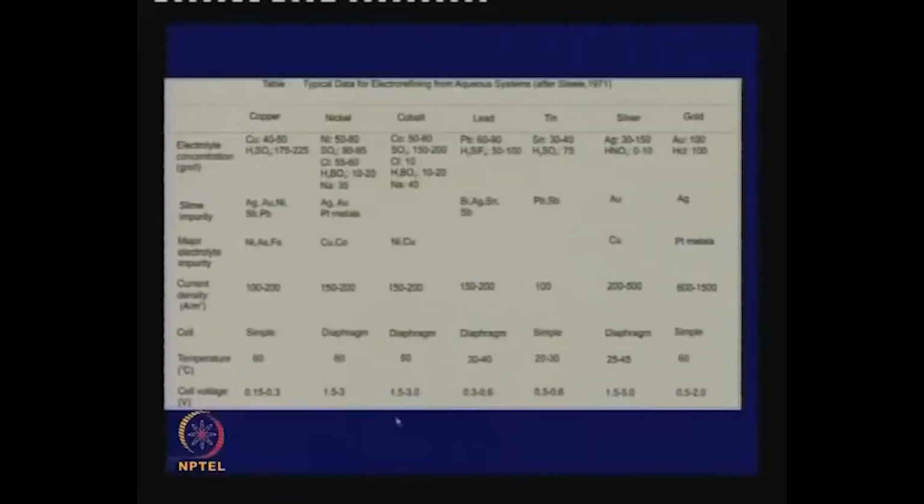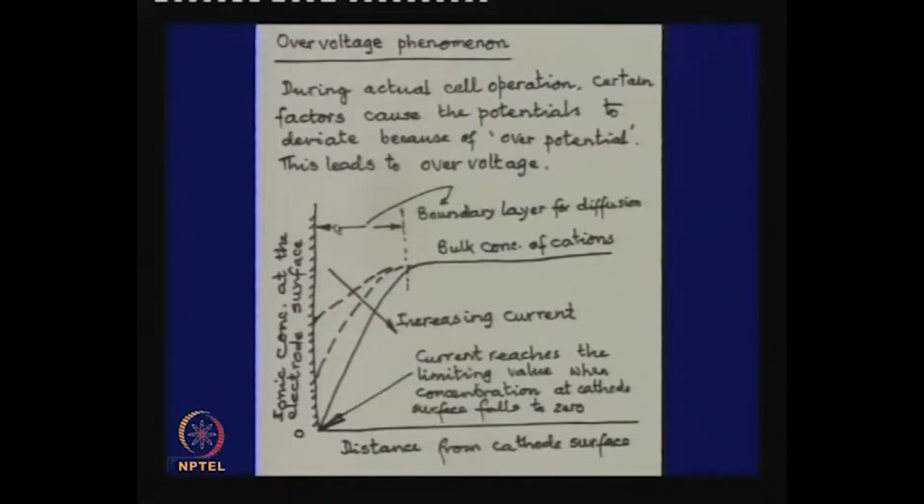We have also given some ideas about what kind of salt mixtures we take, what kind of current density we have, cell voltage, etcetera. We have given you some typical data for aqueous systems, and more data for electrorefining, which is one step beyond electrolysis, and that is to produce purer copper and get some byproducts out. I have talked about this over voltage phenomenon, which changes the voltage at the electrode,